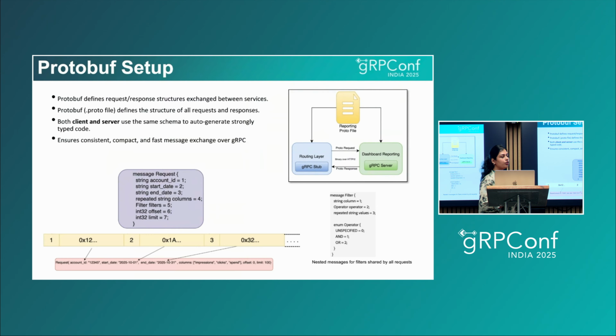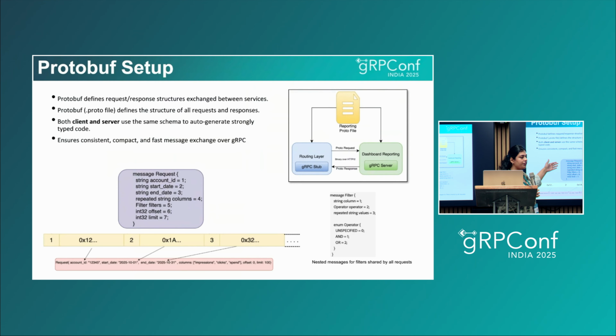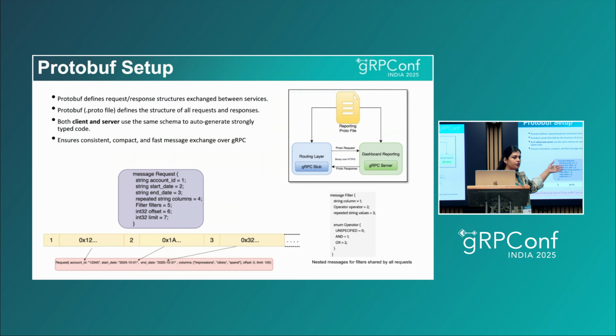So just for a quick look at how this would work, in my proto request I've specified the fields and a certain tag that's associated with them. So here my account ID has tag 1, start date has tag 2. When we encode these values, it starts with the tag and the field value. So for a message that is account ID 1234, it becomes tag 1 followed by the binary value of 1234, then it goes to tag 2 and the corresponding field encoded.